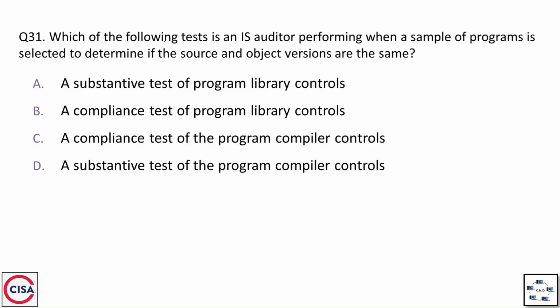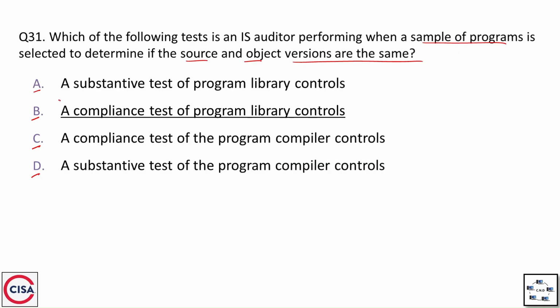Question number 31. Which of the following tests is an IS auditor performing when a sample of programs is selected to determine if the source and object versions are the same? The options are: option A, a substantive test of program library controls; option B, a compliance test of program library controls; option C, a compliance test of the program compiler controls; and option D, a substantive test of the program compiler controls. And the correct option is